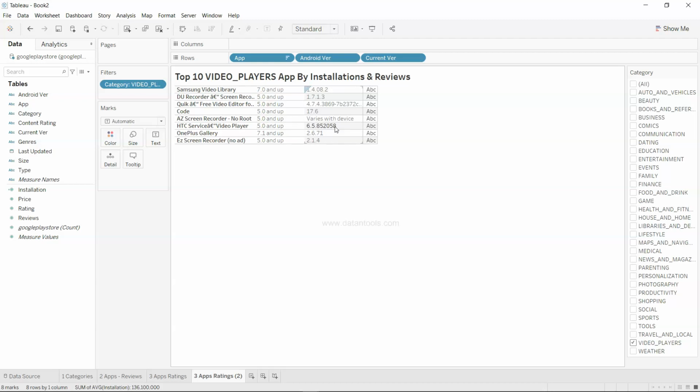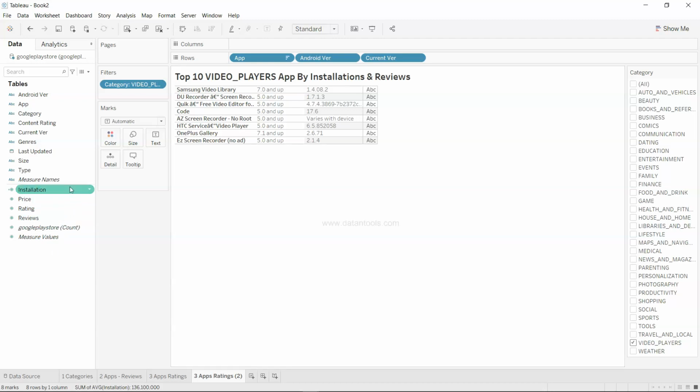This is a standard for the application itself. Let's say in case of DO recorder they have 1.7, but quick free video editor is 4.7, it does not really have any comparison